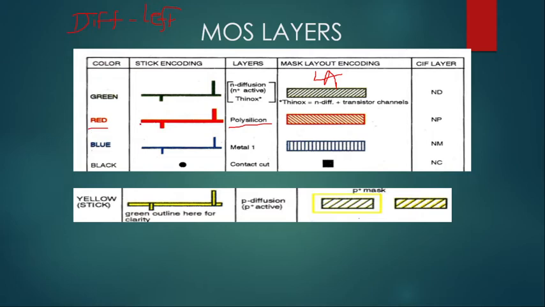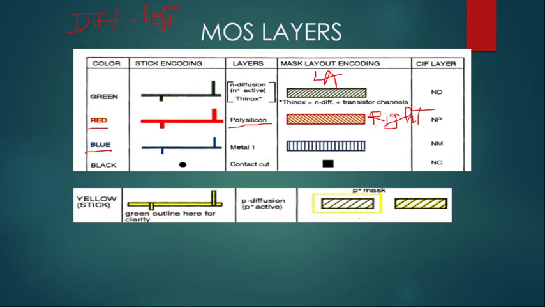For stick diagram, this is in the form of stick. A longer line is showing the connection to above connection and below connection, and this is showing your layout. Layout for polysilicon will be of red color, and the lines are aligned towards right. So for polysilicon the line alignment is towards right. For diffusion the line alignment is towards left.